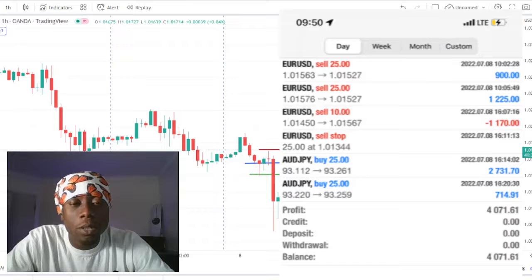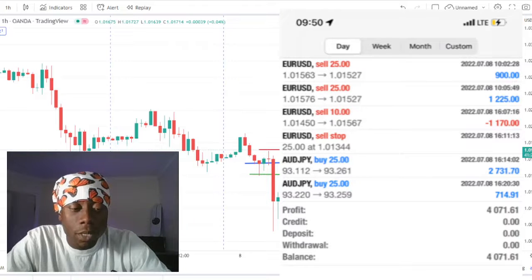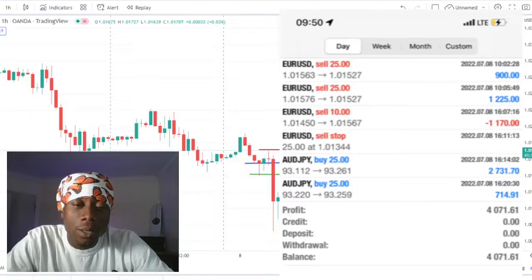This is going to be a trade breakdown of some of my most recent trades here. As you could tell, I traded the Euro USD along with the Aed Jpy. These are the results of these trades. They were relatively quick, kind of more or less scalp trades, but I'll go ahead and break down these and